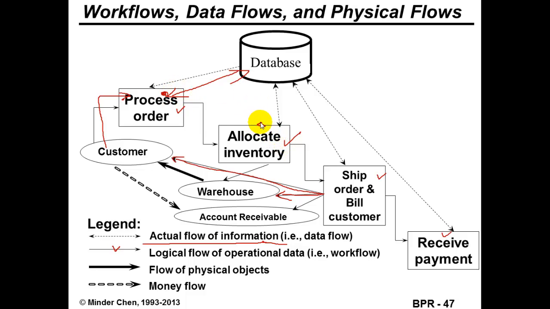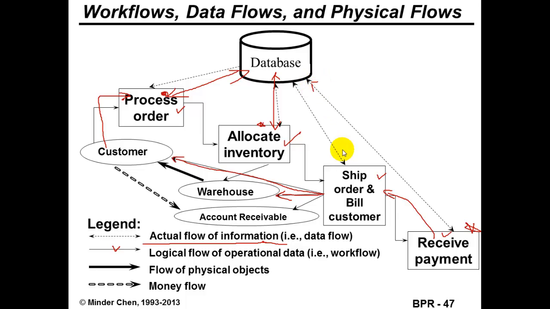And people who manage the inventory will actually go to the database, find out those newly entered orders, and decide how to allocate the inventory to such orders based on what we have in the warehouse. Same thing happened for those dotted lines here. The accounts payable, instead of going to the shipping department to find out what has been shipped, they are going